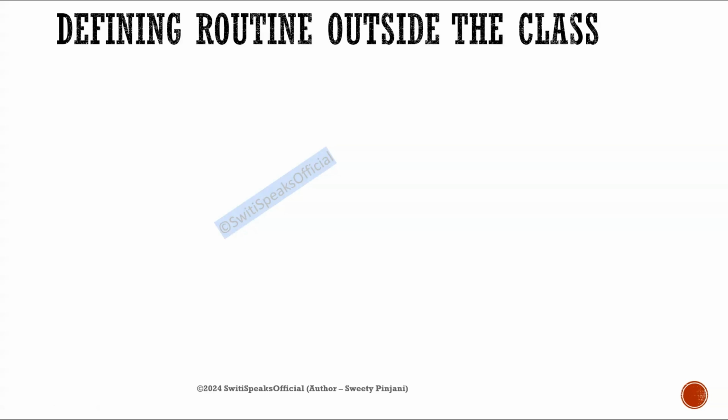We are in the System Verilog OOPS series, where we are learning OOPS concepts in System Verilog with a lot of coding examples. Today we are going to cover the topic: defining a routine outside the class. In case you have not gone through the previous lectures in the series, I request you to please go through those first, because this is just a continuation. You need to understand the previous concepts, and then understanding this concept will be easy.